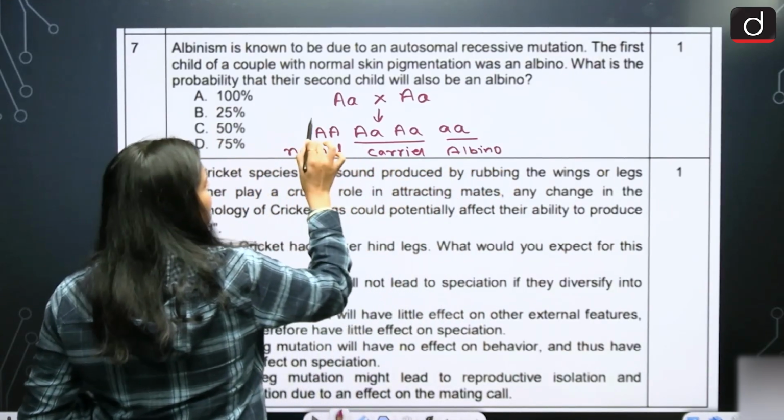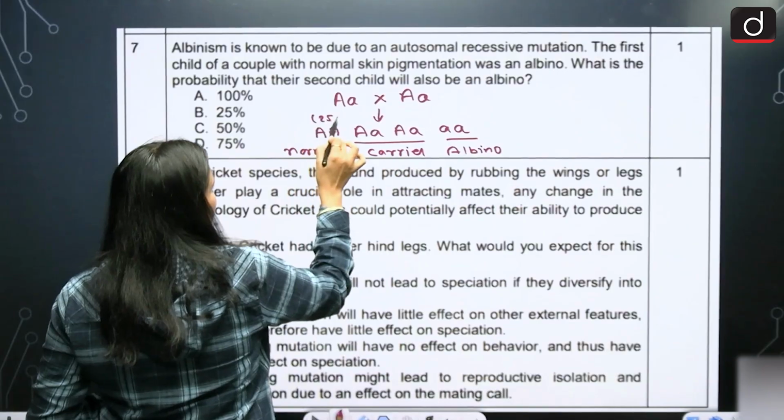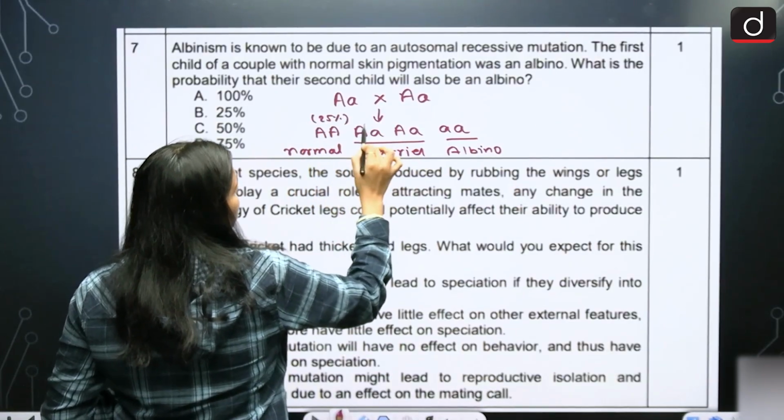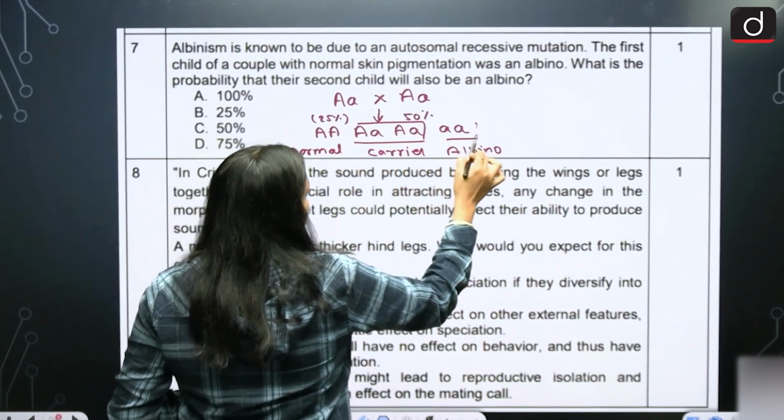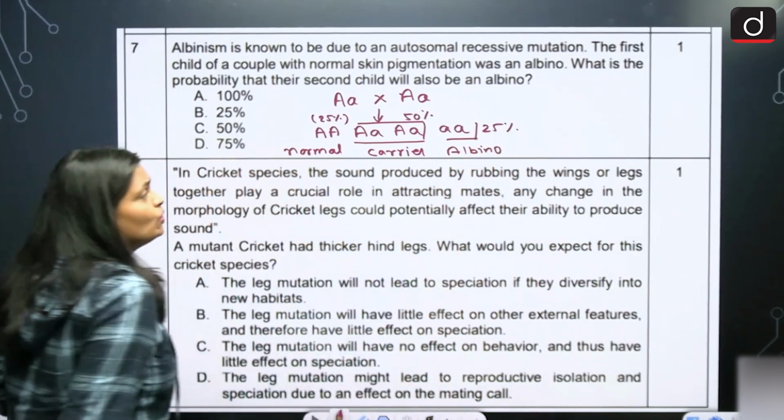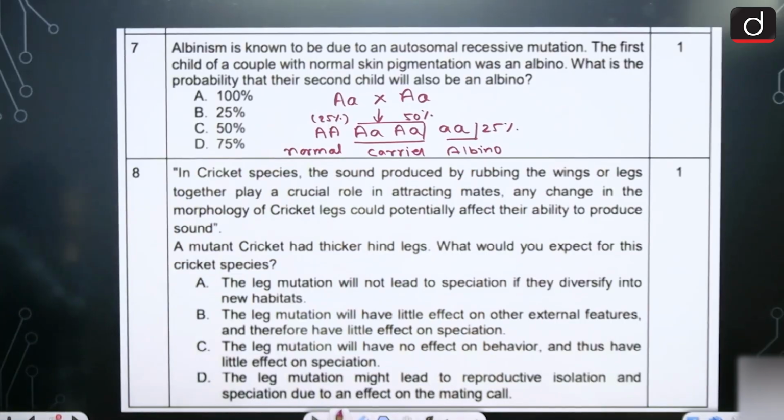Albino. So you can say this is 25%. Okay. These two 50%. And again this is 25%. So now you have 25% normal child, 50% carrier child, and 25% albino child,